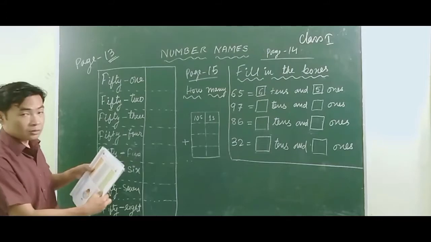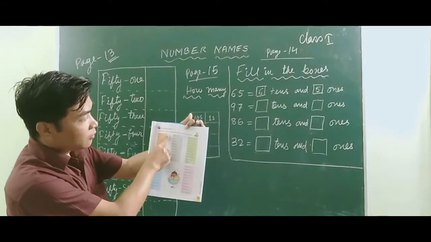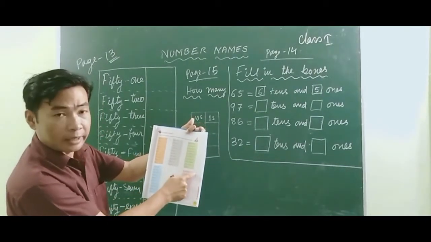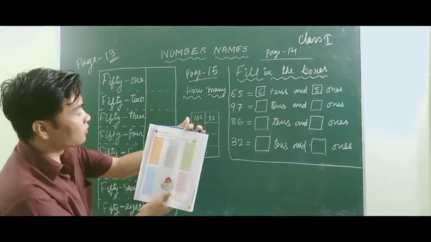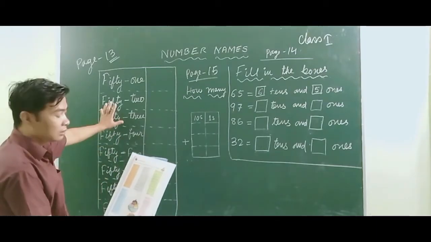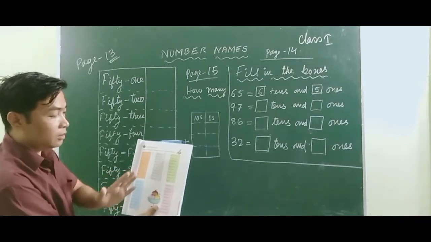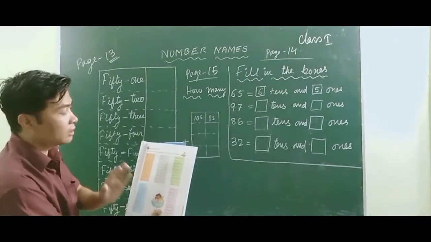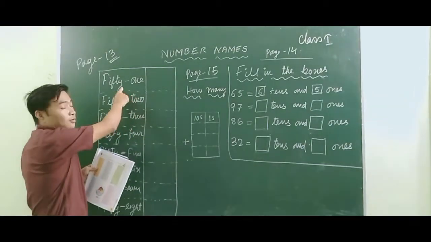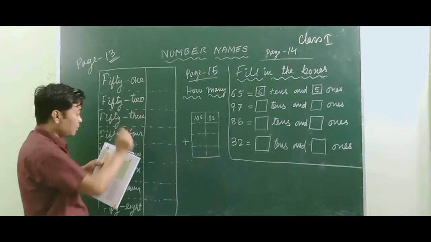I'll show you here in the book itself: number names, and 51, 61, 71, 81, 91. For 51, the 50s counting in tens, I have written here on the board. So we'll do this one now, and the rest, 61, 71, 81 and 91, you do at home. It's very easy. Now 51: the names of these numbers we have to convert and write in the form of numbers.